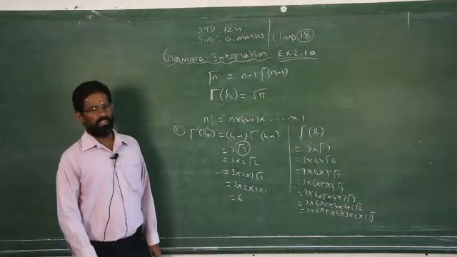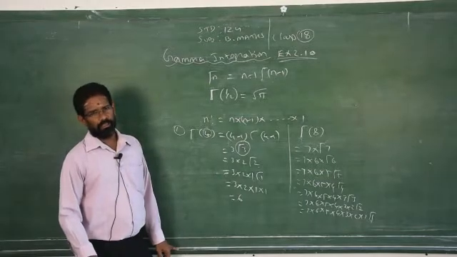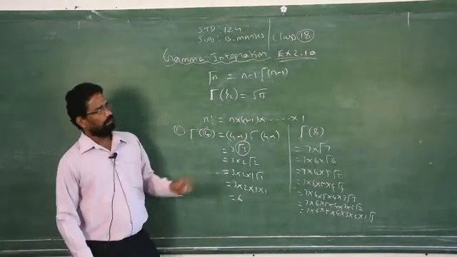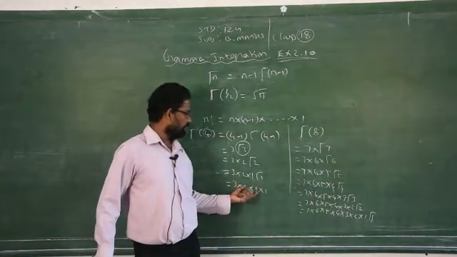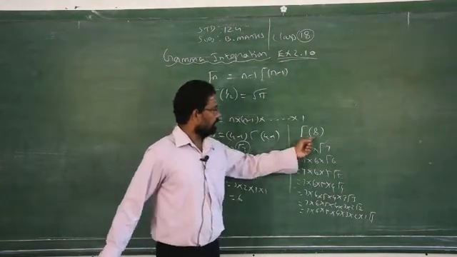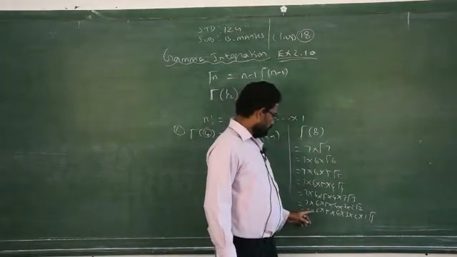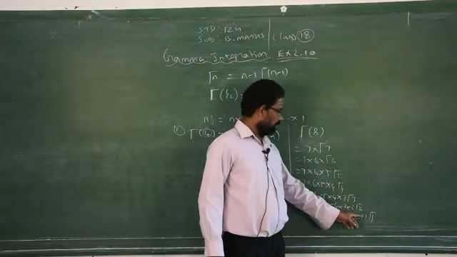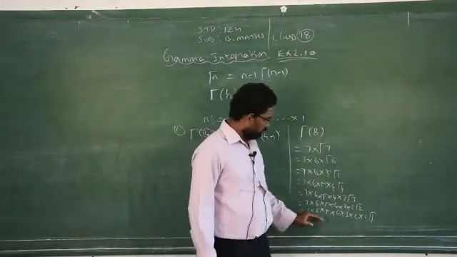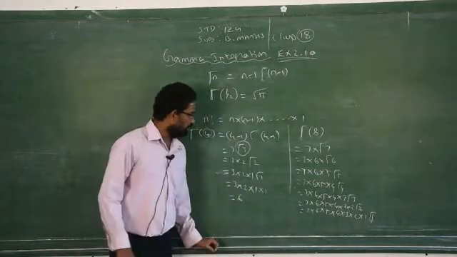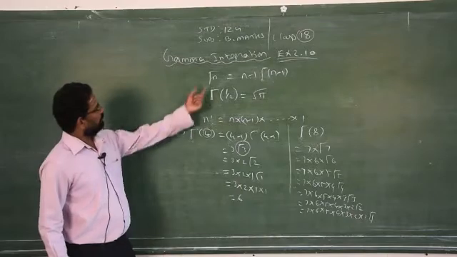It holds true only when n is greater than 1. So, no negative numbers are allowed in gamma integration. If it is negative, then you will go for another concept. Clear? So, this is just like the factorial format. You see gamma 8. How do you write? Less than 8, that is 7, 6, 5, 4, 3, 2, 1, except the number. Clear? So, this is the method of calculating the gamma integrations by using the given numbers.